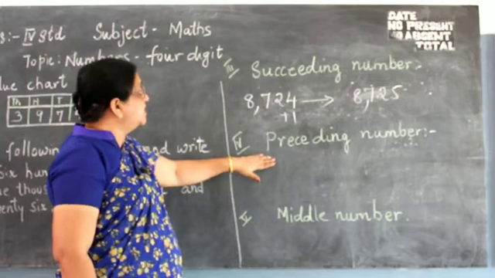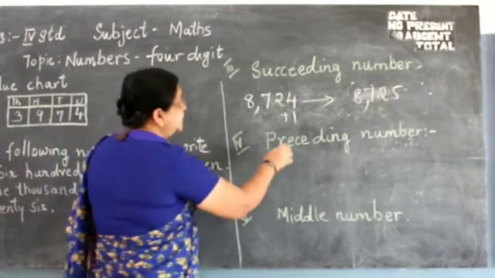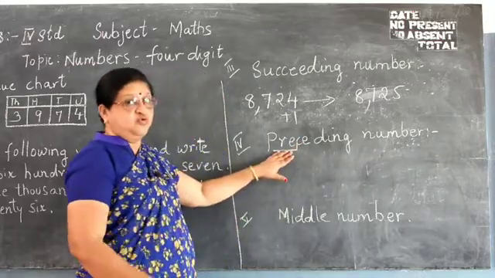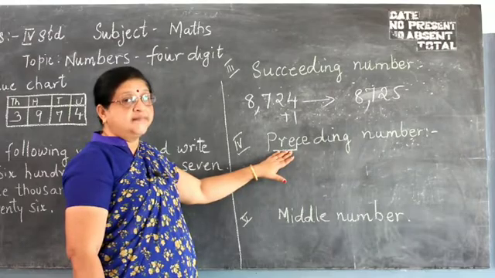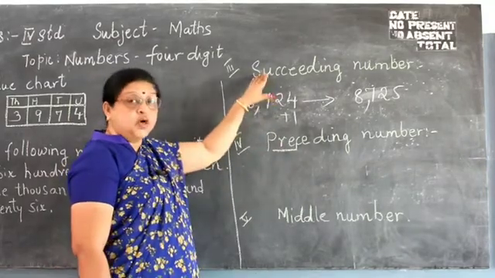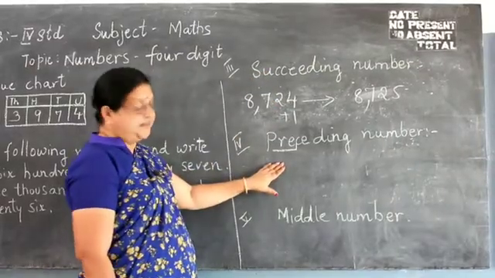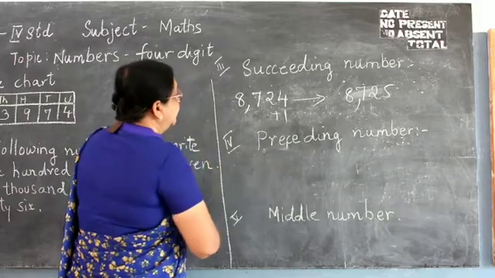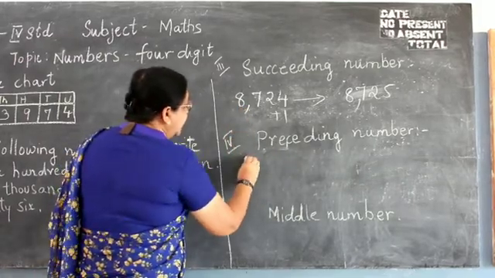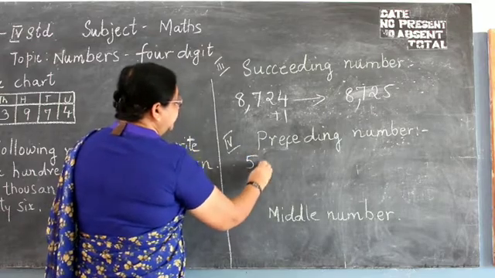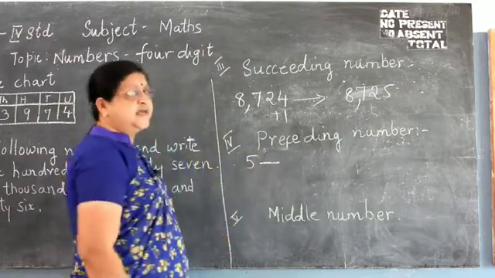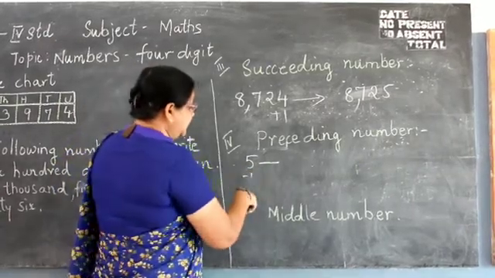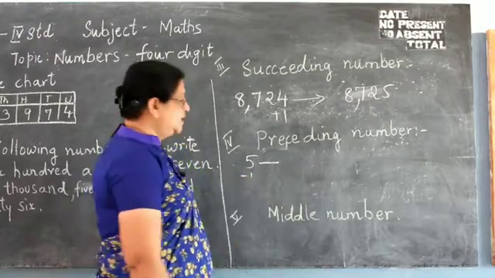I hope succeeding is clear, children. Now we will go to the preceding number. The word preceding, here the word is pre. See, pre. Word pre means before. What number comes before? Succeeding, what comes after? This is pre. Pre means what comes before. So what will come before is simple. Now for example, I'll take 1 digit. Okay, I take the same 5. Now what is the preceding number of 5 if I ask? Then it is simple. You just have to minus. Here you have to minus. You will write 4.